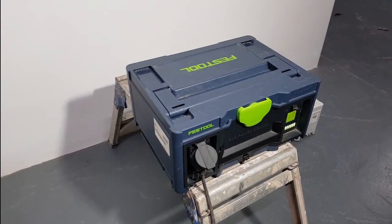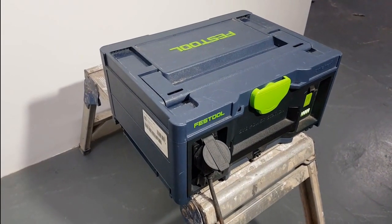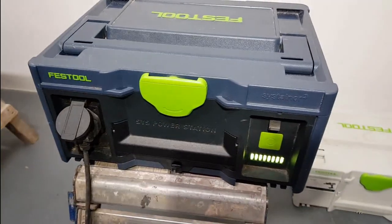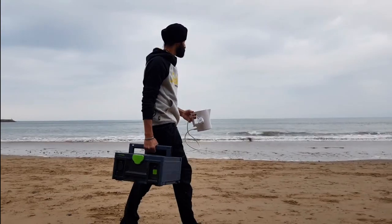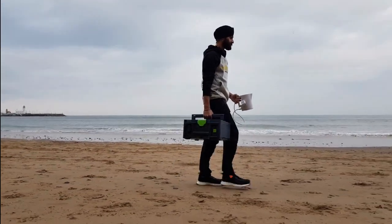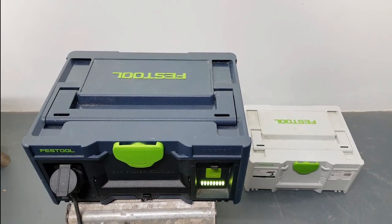That makes it much more versatile and means you can take it almost anywhere, such as up scaffolding, in the middle of a field, and even on the beach. So it's not only great for work, but also pleasure. That's 3-0. The clever thing is that the power station is a dark blue colour and not grey like the